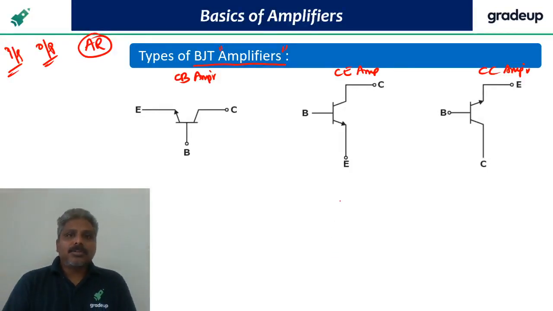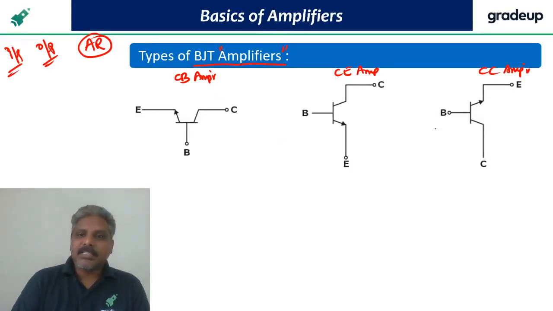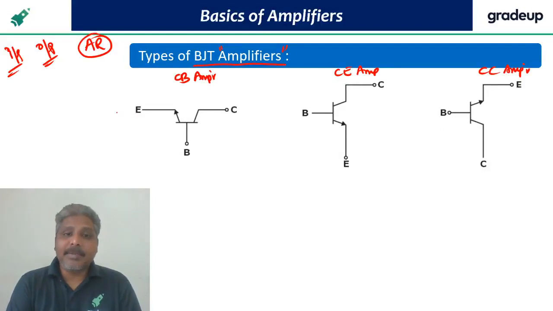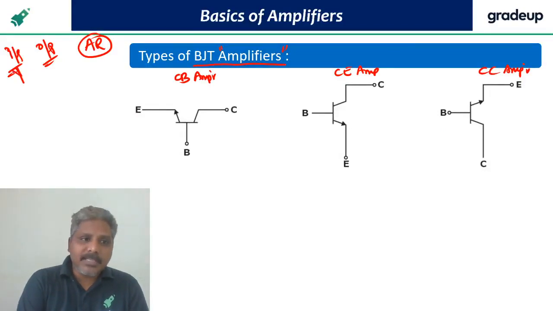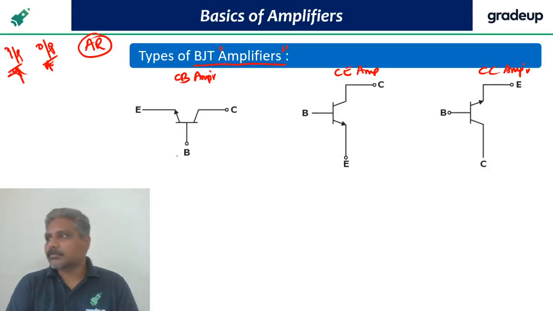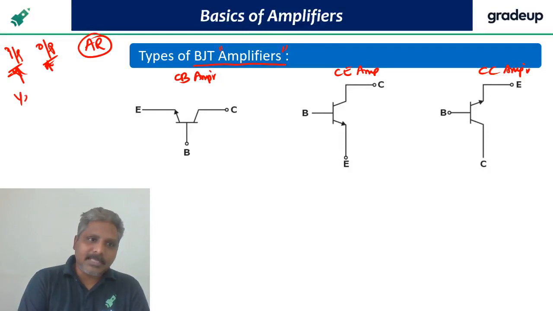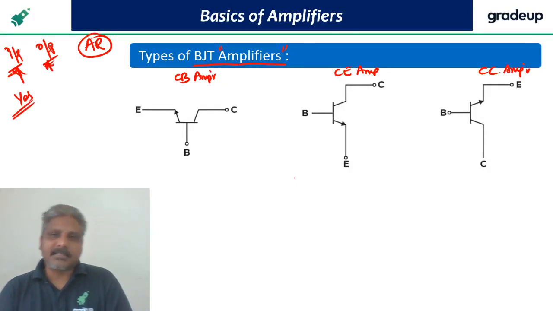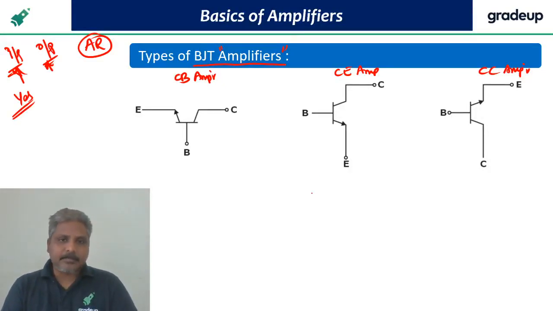Okay. So whether it is CB amplifier, CE amplifier, CC amplifier depends on what? Depends on where is the input, where is the output. Yes, Ramu, only active region is sufficient. So base current will always be small in every case? Yes, base current is always small in every case. All the other things remain the same.